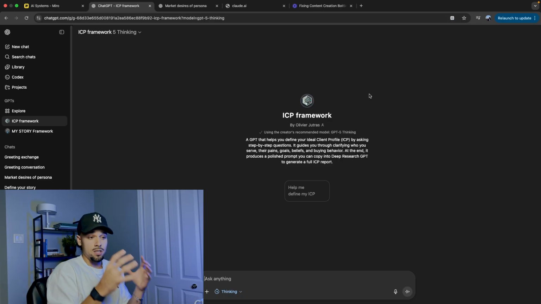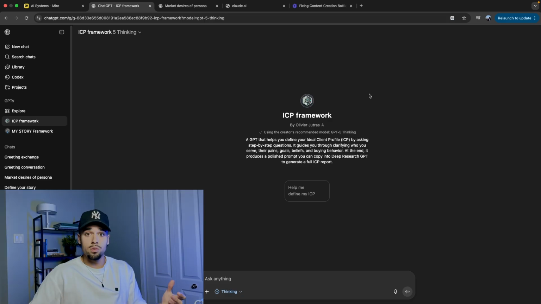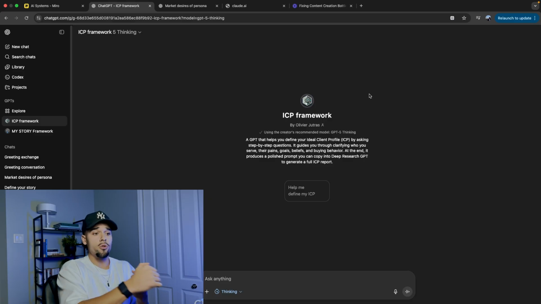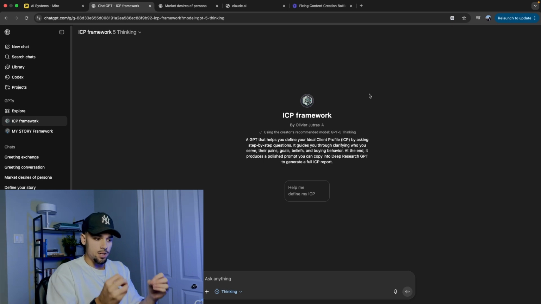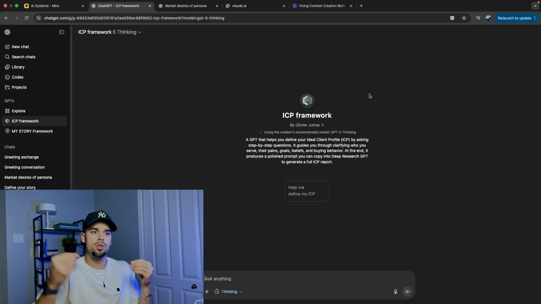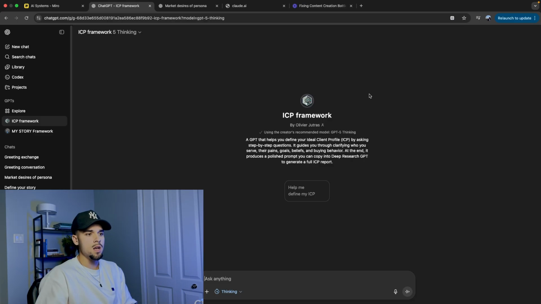So it's super important to have a document like this, because you can use it for everything that you will do down the line. You can use it for your short form content, your long form, your ads. All that data is gathered to make other pieces of content and know who to target with your content. So it's pretty simple to use.